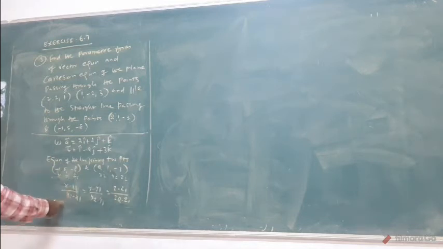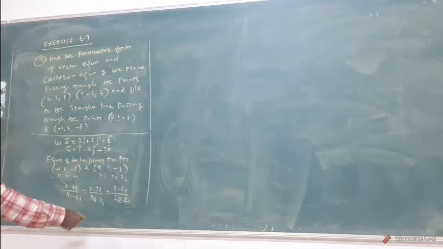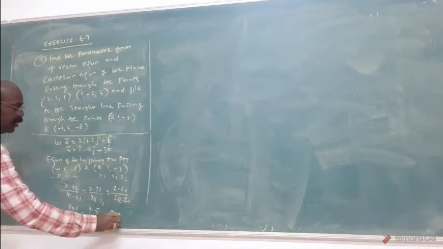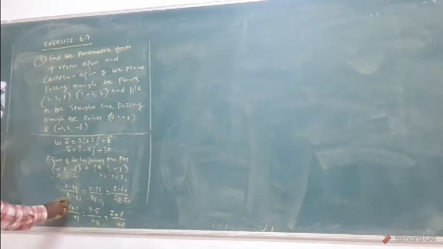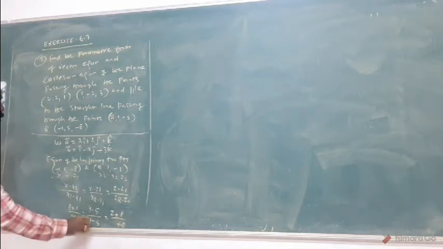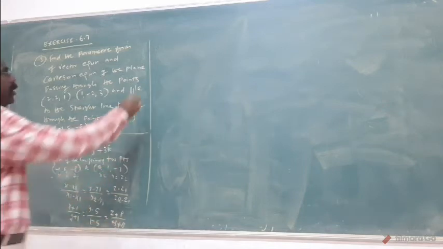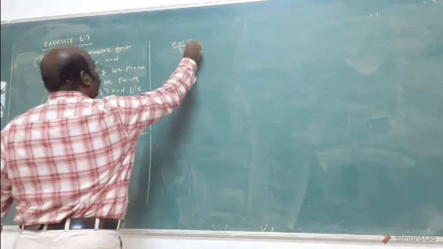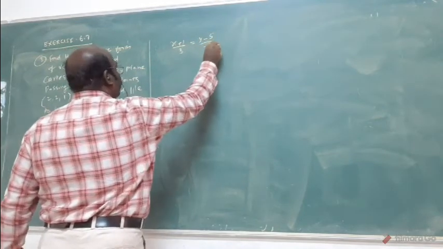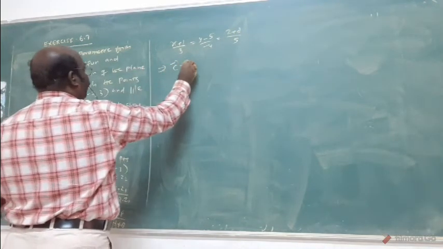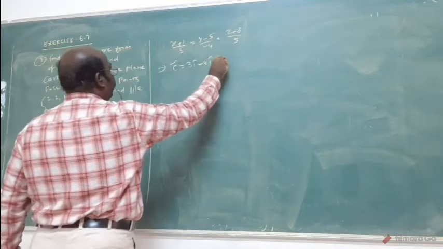The formula is (x minus x1) by (x2 minus x1), (y minus y1) by (y2 minus y1), (z minus z1) by (z2 minus z1). Substitute here, x1 is minus 1, plus 1. Y minus 5. Z plus 8 by 8. What is the answer? 2, 1, and 2. Am I right? You want to simplify: (x plus 1) by 3, (y minus 5) by minus 4, (z plus 8) by 5. This is not a zero vector, that vector. Am I right?